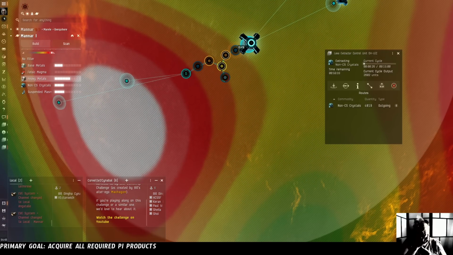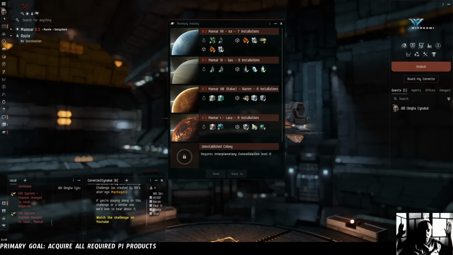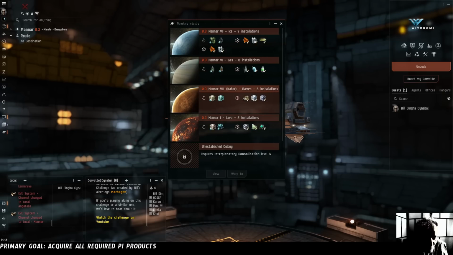This seems right. Do a quick double check of our other planets. Okay, we have 4 colonies spread all around the system of Manar, including on the Manar homeworld, K-Bar, where we're building mechanical parts. We know that our ice installation is actually building something. That was a success. The other 3 are still...